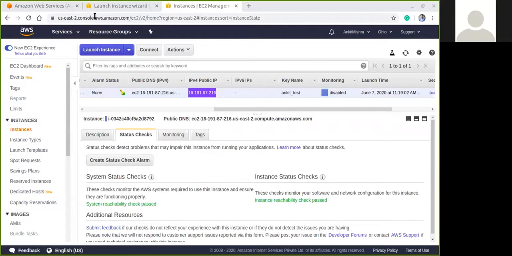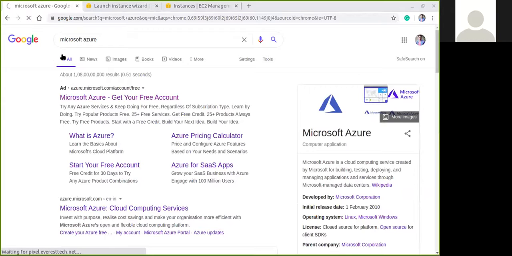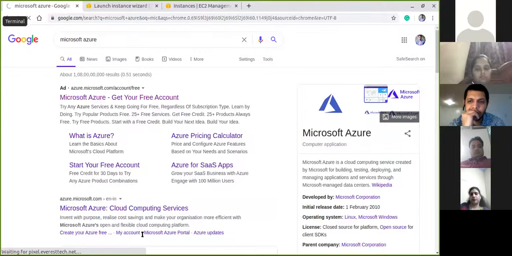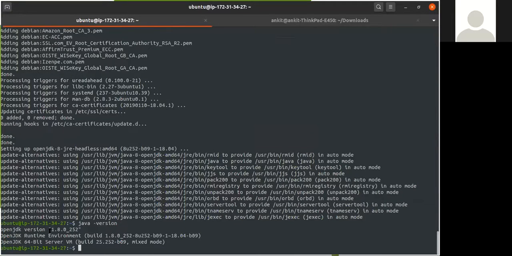That Microsoft provides. All right, so it's installed. Let's see, is there Java or not? So now let's check whether Java is present or not. Now you can see Java 1.8 version is installed, and we can run our own Java application on Amazon provided operating system or Amazon provided hardware that we are renting from them. We do not need to run on our own local environment, right? So this is the advantage of cloud computing.